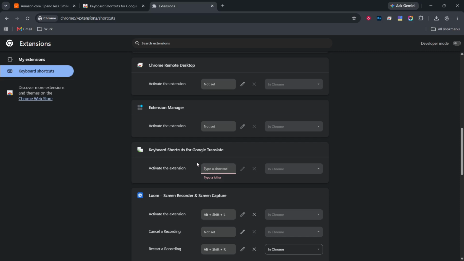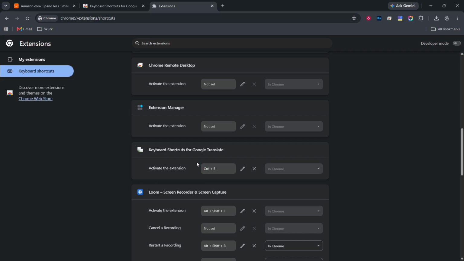After picking the keys, save the shortcut. There will normally be a Save or Apply button on the settings page. Click that button once. When it works, the page either shows a brief confirmation message or simply stops showing any unsaved changes. From now on, the extension will listen for that shortcut while you are using Chrome.